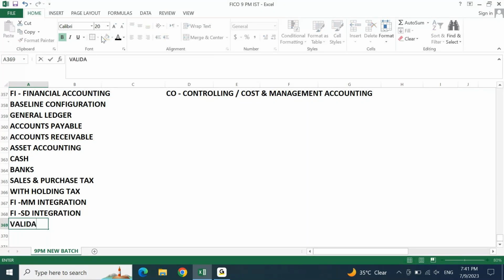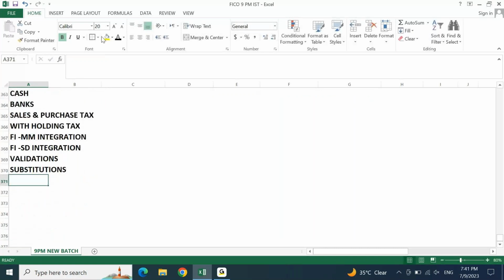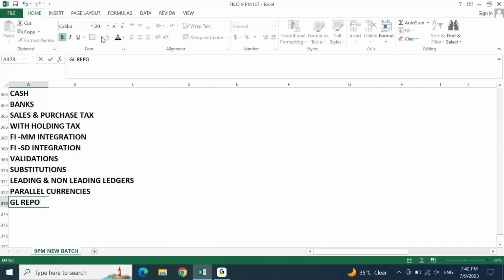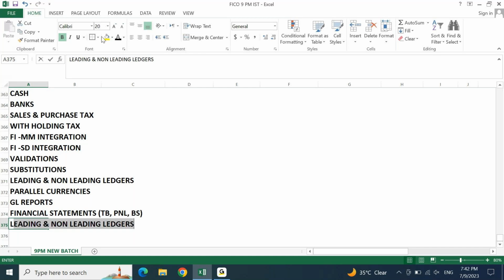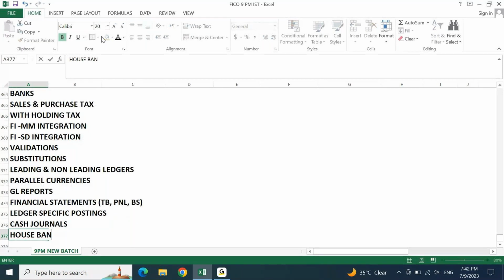Next thing, validations, substitutions, leading and non-leading ledgers, parallel currencies, GL reports, financial statements, in short, TB, PNL, balance sheet, ledger specific postings, cash journals, and house banks,